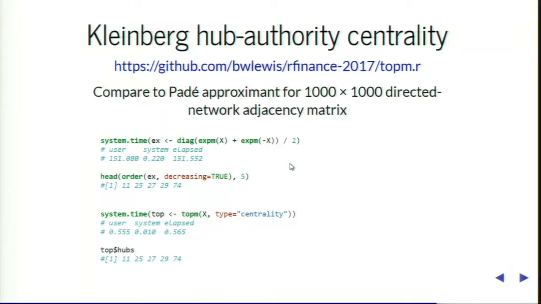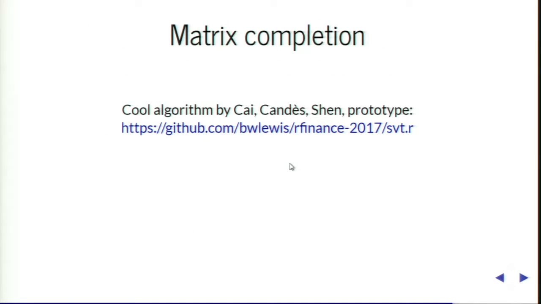So here's a slide from a talk that I gave at this conference about 5 years ago or so, where we applied these Krylov subspace methods to solve that problem. And it's a comparison with the default matrix exponential in R. And you can see we get the same results. The numbers are the same, but the runtime went from, again on my Chromebook, 150 seconds to half a second or so. Again, the same problem was being solved.